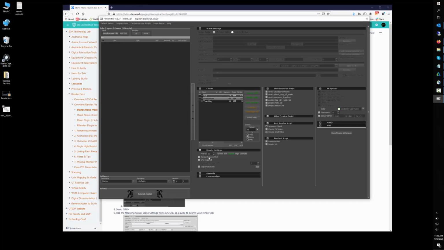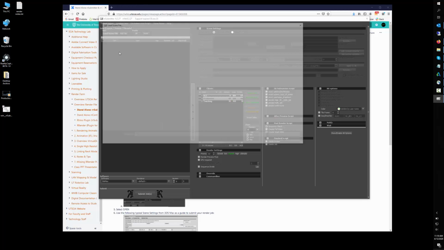Next step is to uncheck render preview first if you don't want to wait. This is a good check if you want the system to have a look at your file and do a dry run first and then render it. It's not necessary, unless GPU is required because you're baking textures using the GPU specifically, and that's what you check. Next step, I'm going to load a scene file,